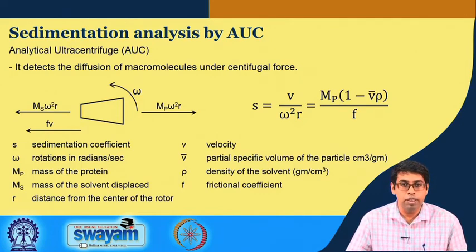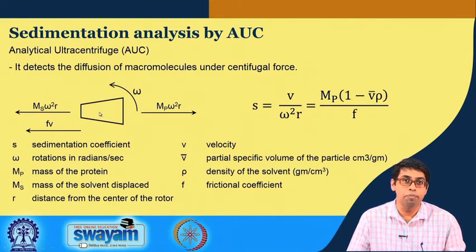A very common way of measurement is the absorption at 280. So, this A280 is monitored throughout the sample while it is undergoing this centrifugation. The sample holder looks something like this. The center of the centrifuge will be somewhere here, which means that this sample holder is spinning like this. So, this omega will be somewhere in the range of 40,000 rotations per minute, and this is transparent so that UV light can be shone from the top, and you can actually measure the absorption of your sample.